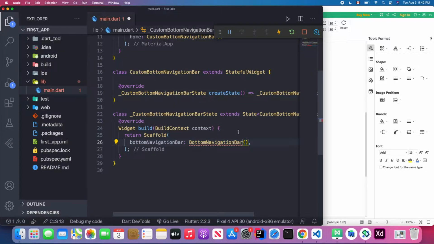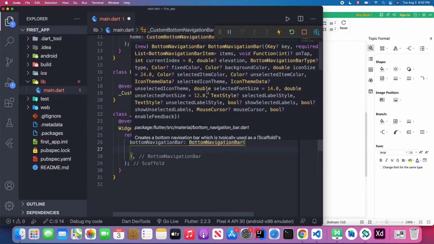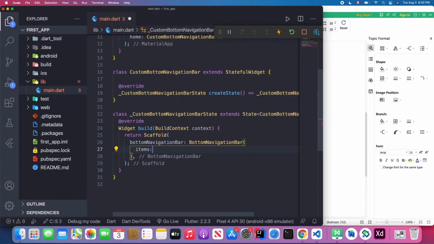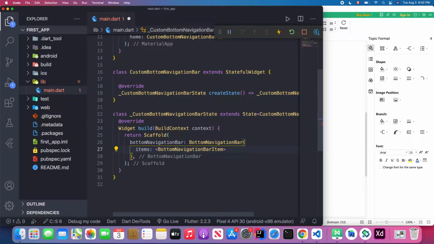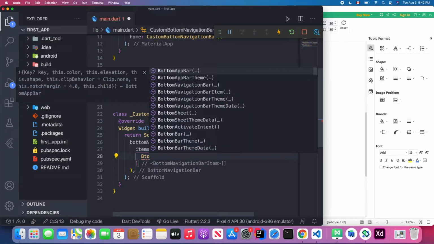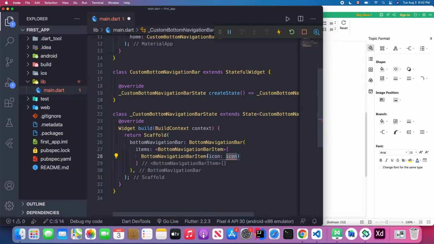So inside the bottom navigation bar, we need to pass some items. The required one is this list of bottom navigation bar items. So we must pass these items. So inside these items, I just quickly define a list of our bottom navigation bar items. So I will choose bottom navigation bar item, and it actually is a list, right? So inside this, I could define this bottom navigation bar item here,